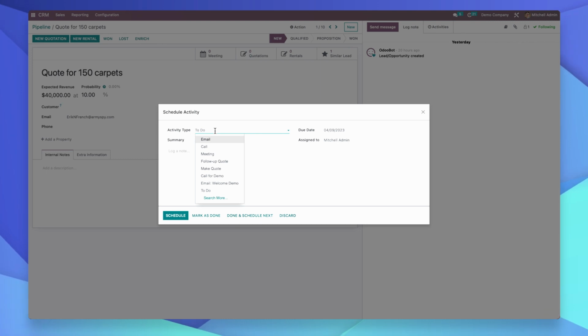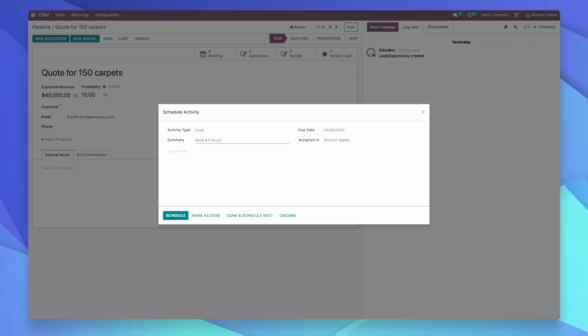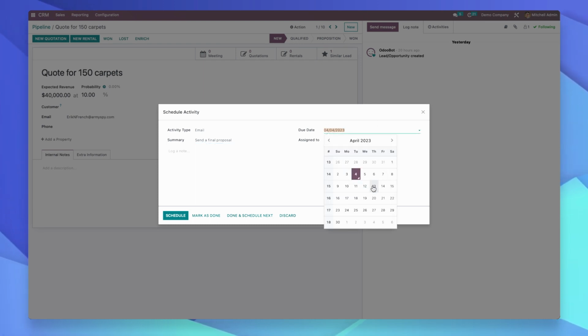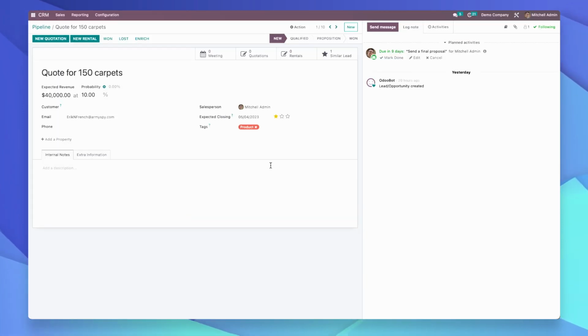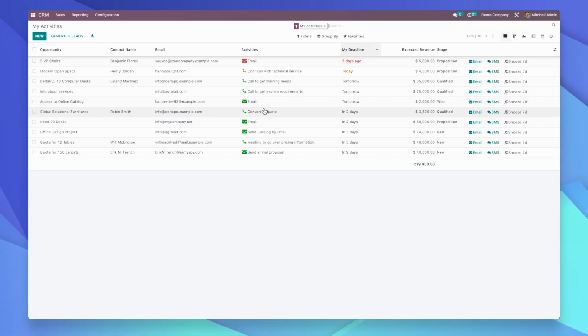You will have a clock on each client, so you can identify whether you have an activity planned or not. Through colors, you can identify if you are late or if you are okay with your activities. So you track all your sales opportunities and the activities that you need to do for each one. And tracking all this information, how does it help you in managing the business?